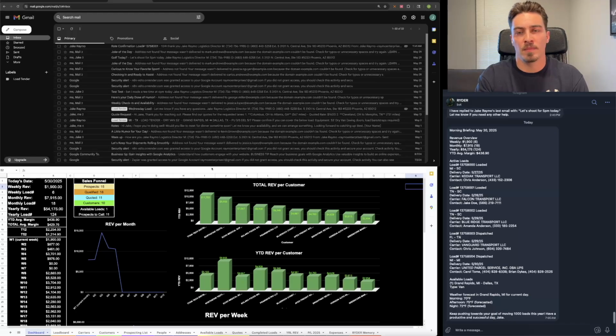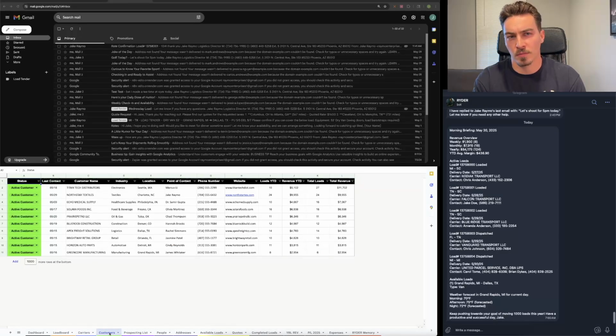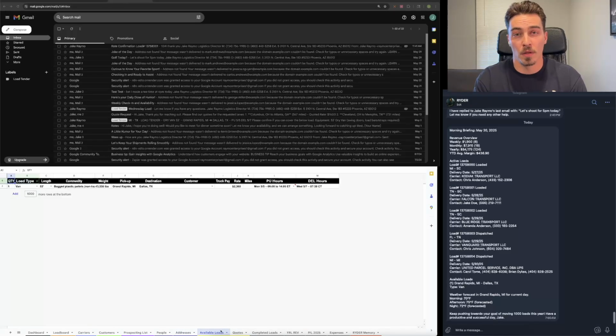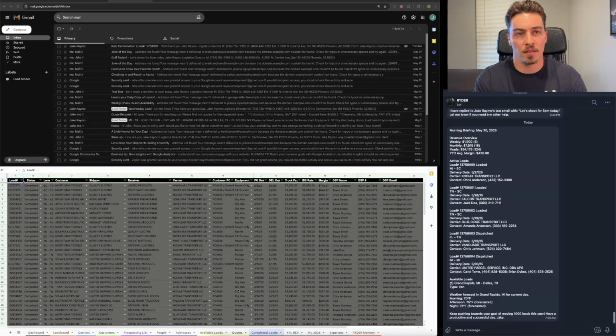The bottom screen is going to be our Google Sheets document. This is going to be my CRM/TMS system that I'm going to be using to organize my data and do the work of a freight broker, essentially. So right now we're looking at the dashboard that just kind of summarizes everything. We've got a load board tab in here. We've got a carrier database, a customer database, a prospecting list. We've got a contact list of all the people, addresses, a list of available loads that are good to cover, some previously quoted lanes, our completed loads, so historical lanes that we've ran, some accounting stuff, and then Ryder's memory,